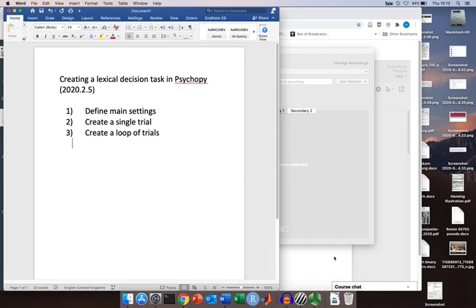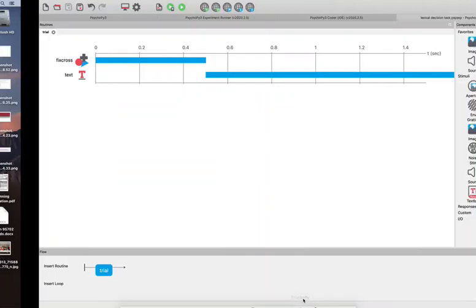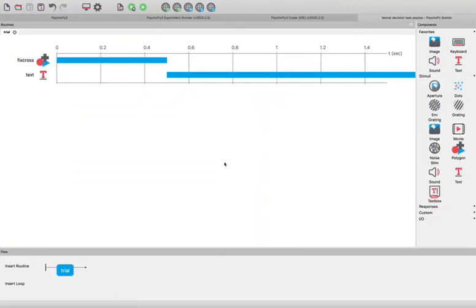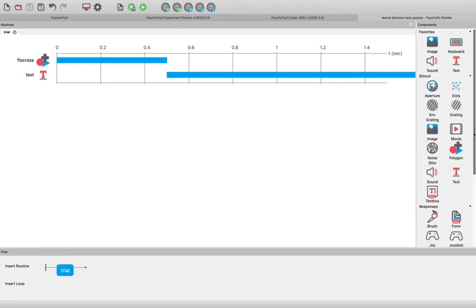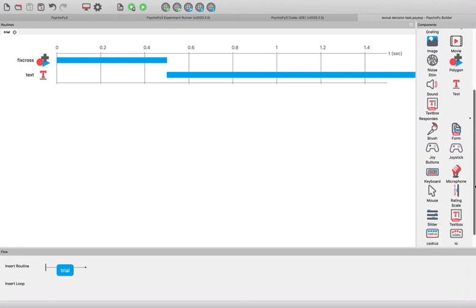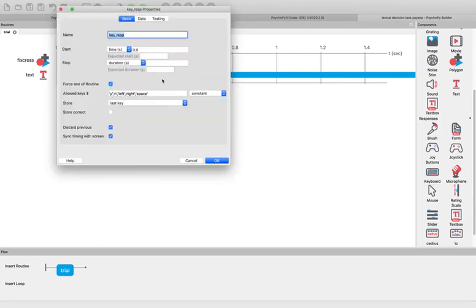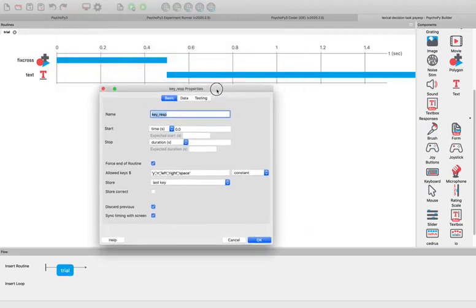Okay, so we're getting there one thing at a time. Now we want to collect a response from the user. Yeah, so they should decide, is that word on the screen a word in the English language or is it not a word? Yeah, so for that we can put in under responses, we can basically select how users should give their responses. You can see they could use the mouse, yeah, they could use a joystick. We want to use the keyboard to give a response. And that brings up this